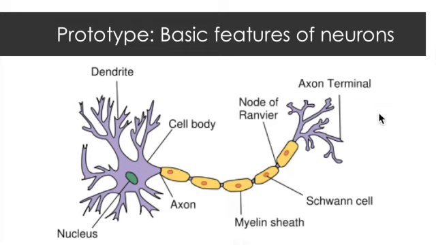And so what exactly do I mean by prototype? Well, when we talk about neurons, let's say in NSNB 213 or in Psych 105, you've heard about the basic features of brain cells or neurons. They all have some dendrites that go into the cell body, and then they go through an axon into an axon terminal, right? And we know that the dendrites are